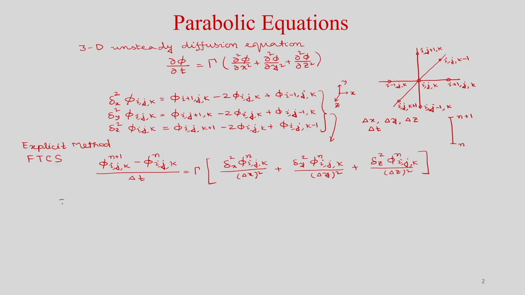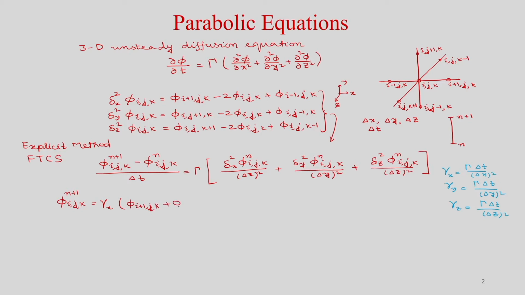So, you can write phi i j k at n plus 1, and let us write gamma x equal to gamma delta t by del x square, gamma y as gamma del t by del y square, and gamma z as gamma del t by del z square. So, with this, if you write, you will get this discretized equation: gamma x,